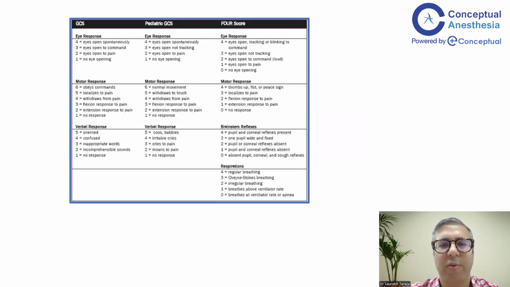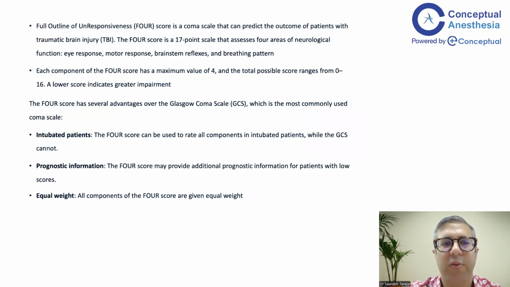Then I would like to introduce FOUR score. So in FOUR score, we have eye response, motor response, brainstem reflexes and respiration. And here the score ranges from 0 to 4 in all the four. So minimum is 0 here and maximum is 16. You should remember eye response, motor response, brainstem reflexes, and respiration. So the Full Outline of UnResponsiveness, that is, it was called FOUR score, is a coma scale